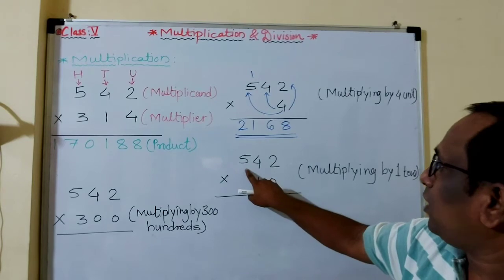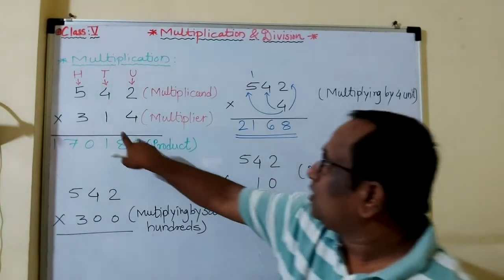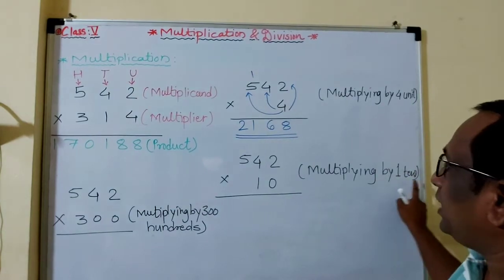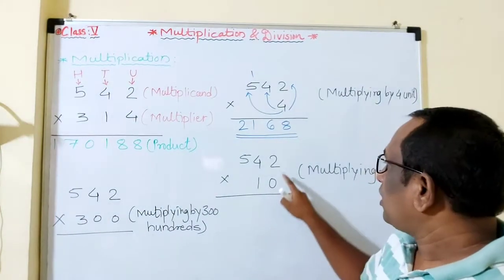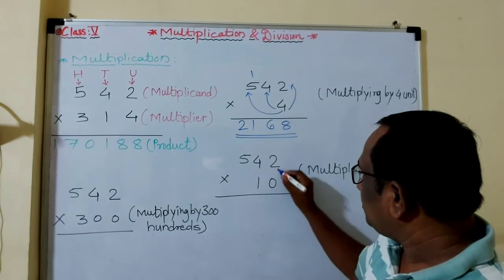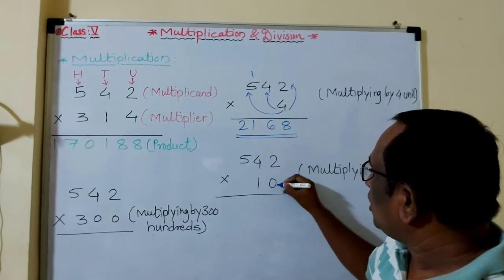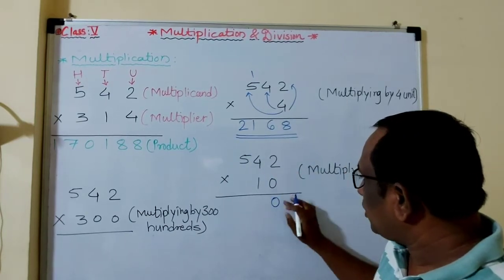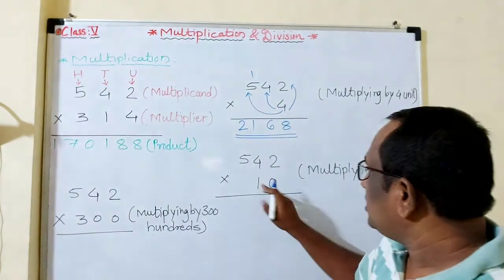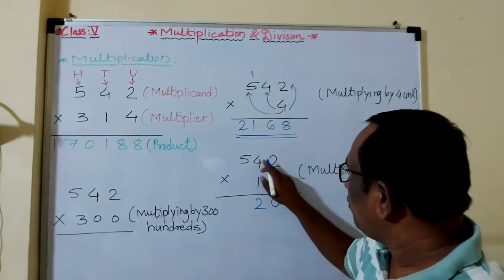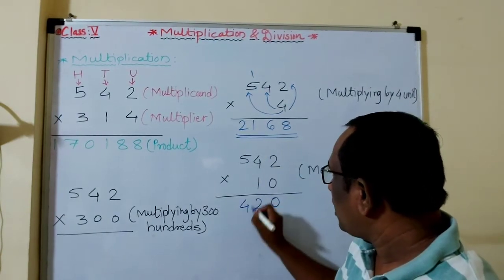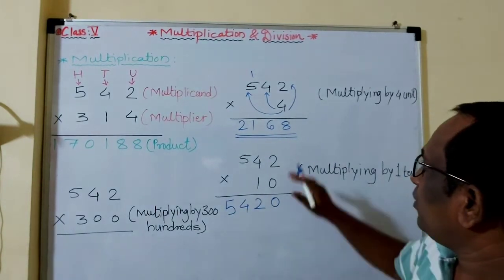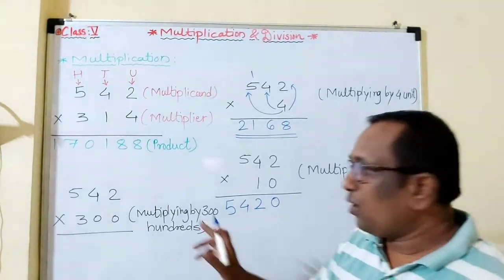So we have to multiply by 1 ten. Again the multiplicand is 542. Here 1 is at the 10 place, so I write here 10. So multiplying by 1 ten, 1 10 means 10. Now this 0. If we multiply 0 by 2, 0 by 4, 0 by 5, the answer is 0. So let the 0 stay here. Now 2 1s are 2, 4 1s are 4 and 5 1s are 5. So we got this answer when multiplying by the 10 place. Now we are multiplying by